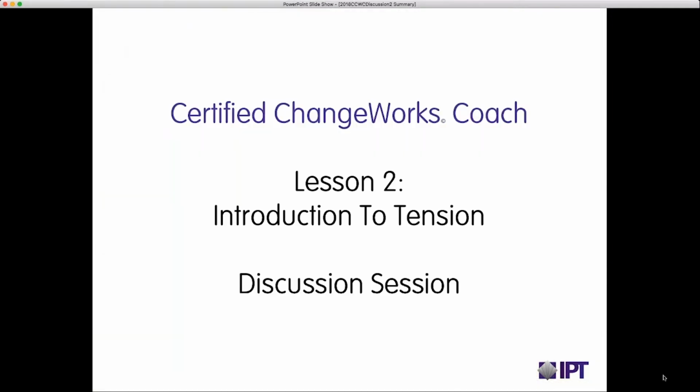In discussion session 2, we are introducing you to a core tool that you'll be using in this system called the Change Grid. Specifically, we're going to examine 5 response states or levels of tension that every client experiences. In a future session, you'll learn how the Change Grid measures the level of tension someone experiences, but you'll also learn how to recognize where someone's tension is even without using a Change Grid.